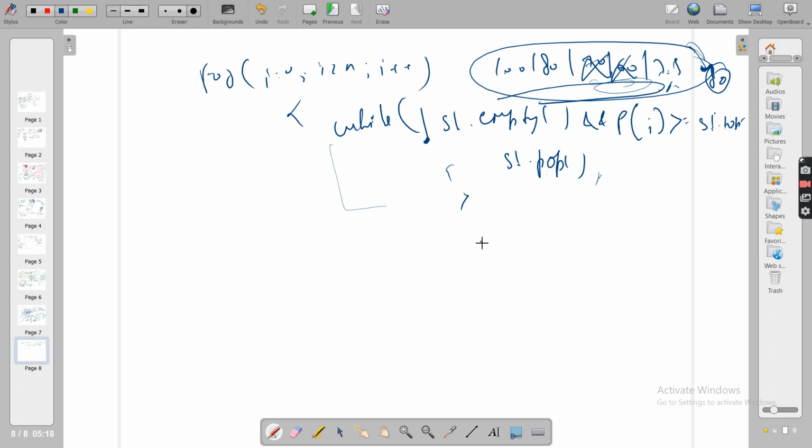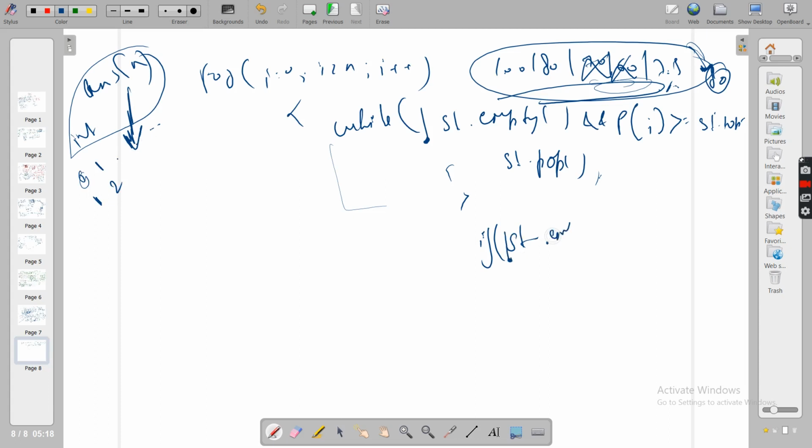Now see, you are obviously having that ans array of size n, which was integer, and obviously you pre-populated it. What did you pre-populate it with? 1. So index 0 is 1, index 1 is 1, so you'll populate it with 2. So in that way you'll pre-populate that. Now if your stack is non-empty, which means after this loop,